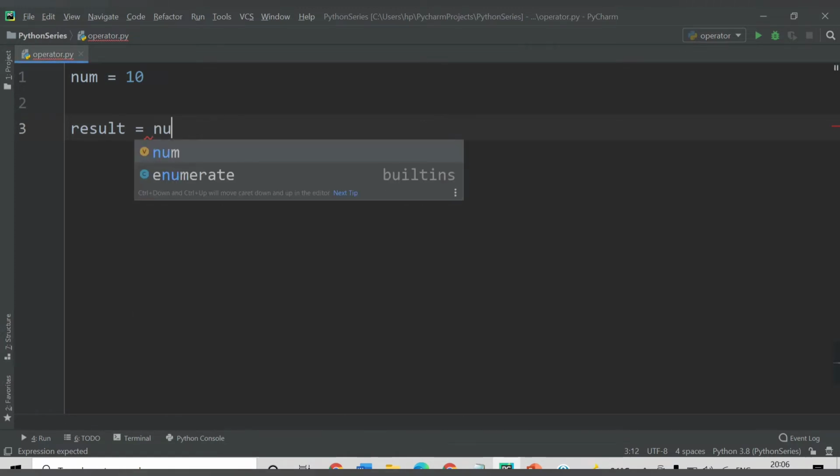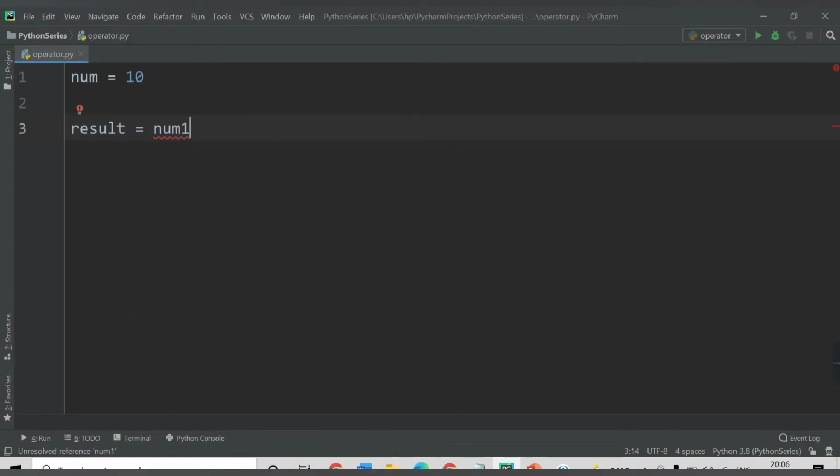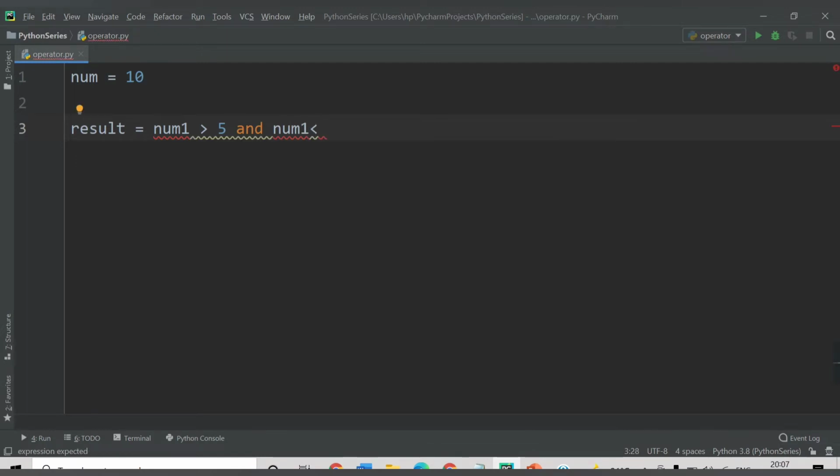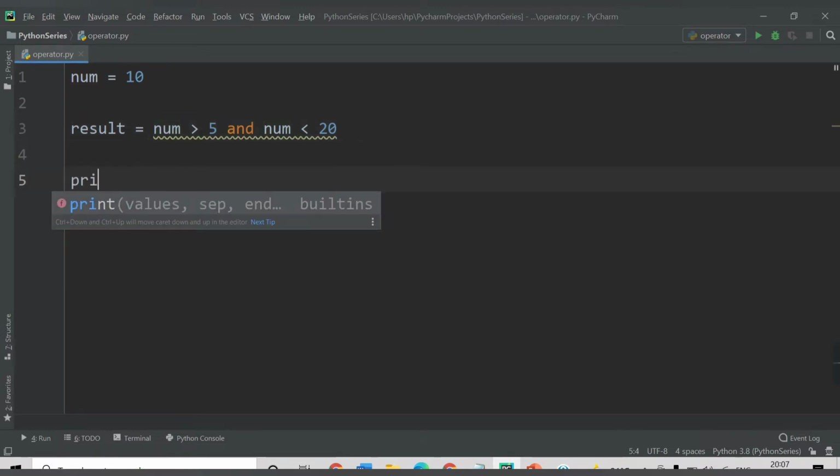So let's say I want to check if num is greater than 5, and another condition I want to check is num is less than 20. Sorry, I have provided num as the variable name, and then I will print result.